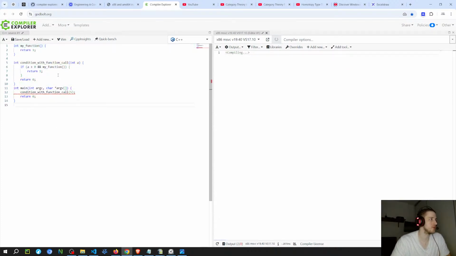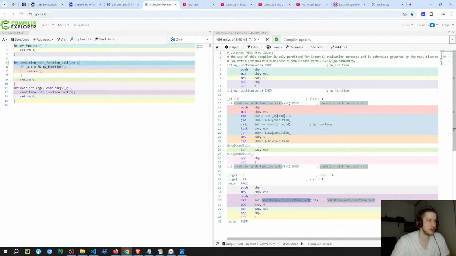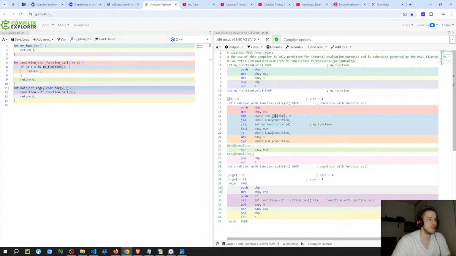The main difference between this one is that it has the other function call. So it pushes 5, calls the function, which I think is this one. Sets up the stack. A is going to be 8 offsets. So it's going to be the same thing, I think, with the previous address because it pushes the old one. So it's basically comparing the value of 5